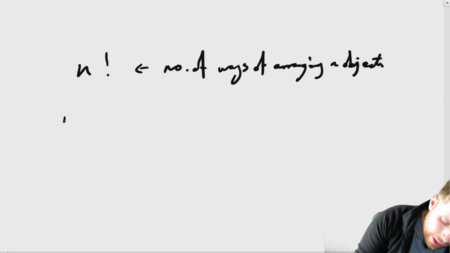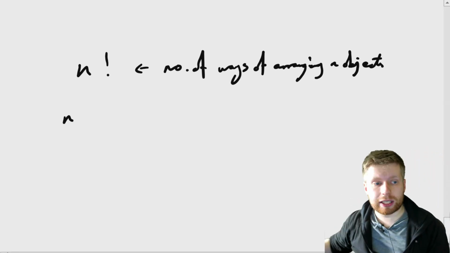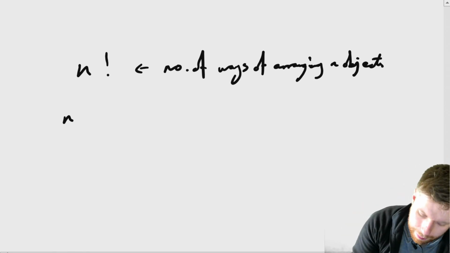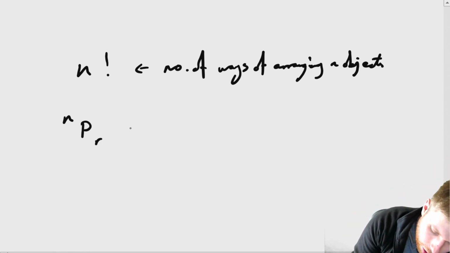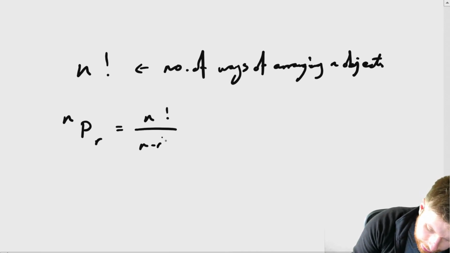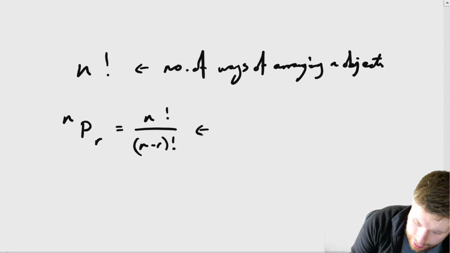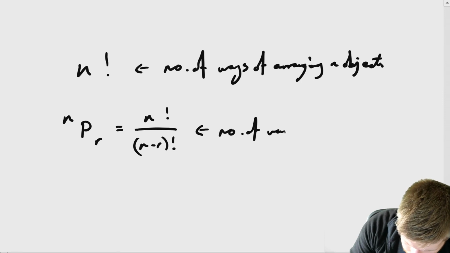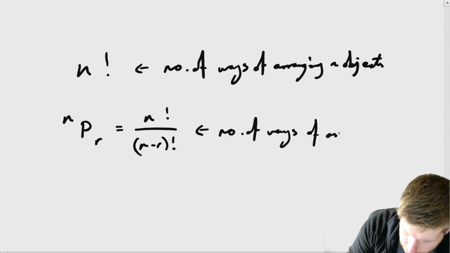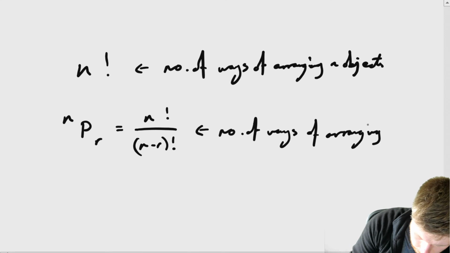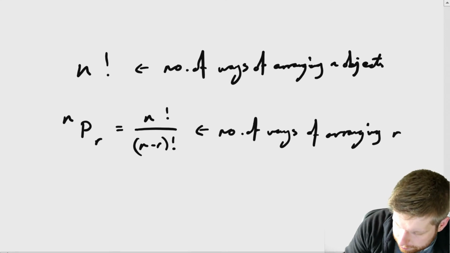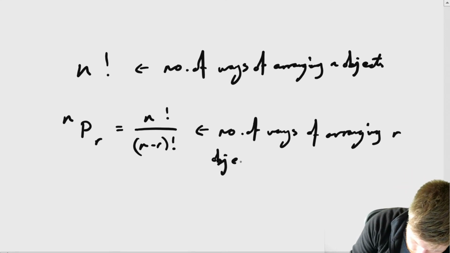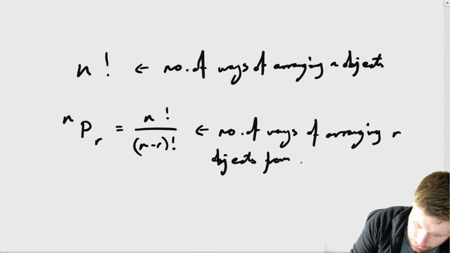Then we looked at the idea of not arranging all of the objects in a line, only arranging some of them. And this was nPr. The way we calculated it was n factorial over n minus r factorial. This is the number of ways of arranging r objects